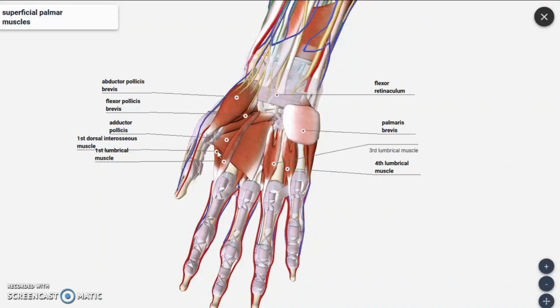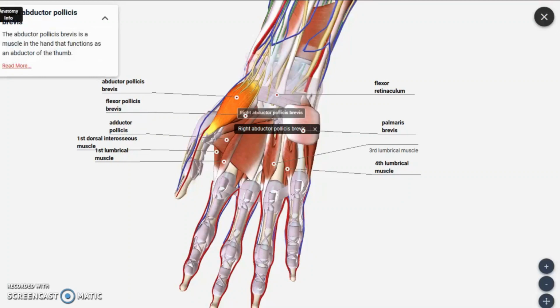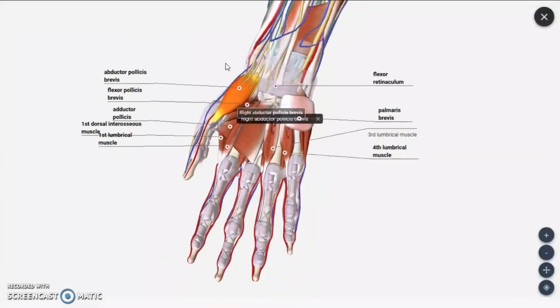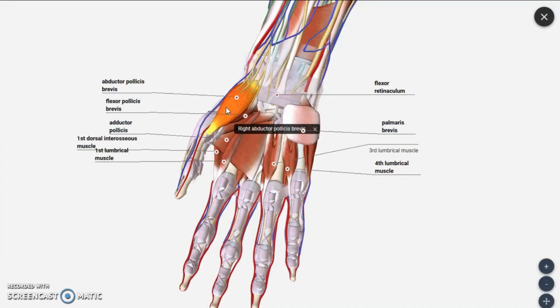First, the thenar muscles. We will have around 4 muscles forming the thenar muscles. Coming from lateral to medial, the first muscle you are seeing is abductor pollicis brevis. Here you can make out that abductor pollicis brevis gives an action called abduction, and it is a muscle for the thumb region and it is a small muscle, so we call it